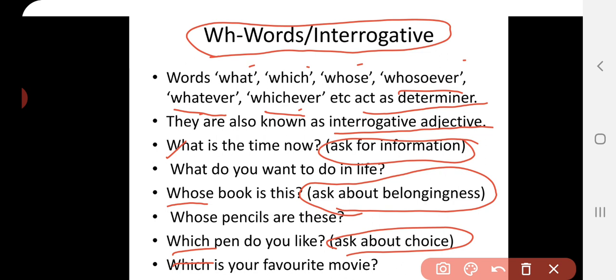Whatever means no restriction. Similarly, whichever means the same thing, without any restriction. You can choose the things between. For example, you can choose whichever brand you want. There are a lot of brands in t-shirts. You can choose whichever brand you want. There is no restriction in choices. You can have whichever thing you want.